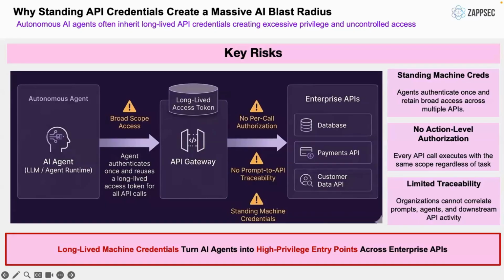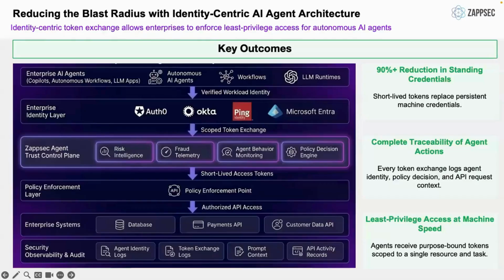So, what does the architecture look like when you design for this? Right. So what we want to look at is the agent registering as a workload identity with the enterprise AI provider. So we can see we have an enterprise AI agents layer at the top, registering with a verified workload identity into your layer like Okta, Auth0, Ping, and Entra. And then for each downstream resource, it performs a scoped token exchange. So it presents its identity token and requests a resource specific access token that's constrained by things like audiences,